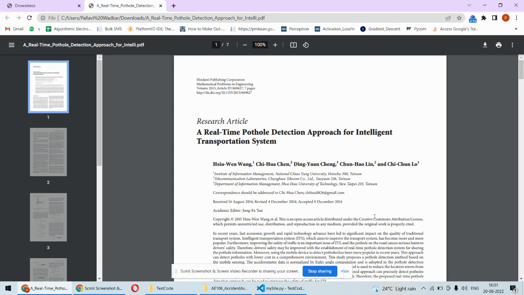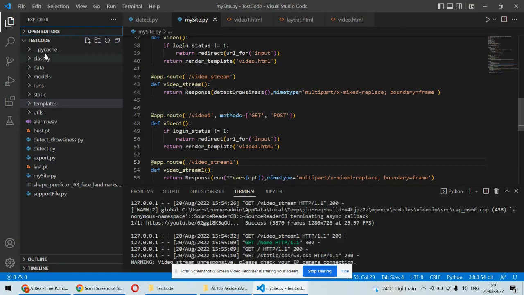Now let's talk about the coding part of this particular project. So this is the complete coding folder in which we are having some Python files, and the web framework here we are using Flask in order to create the web application for this particular project. At the front end side, we're using HTML and CSS programming, and at the back end side, we're using Python programming. Now, in order to detect the potholes, we are using convolutional neural network algorithm, and the object detection technique we are using under that.